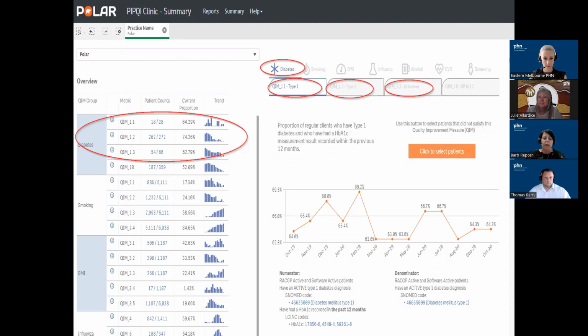And to get the names of the patients who haven't had their HbA1c recorded in the previous 12 months, you will need to select each of the QIM measures one by one. So select QIM 1.1, 1.2 or 1.3 separately. And then you select the orange box, which says click to select patients, and then go to the patient list up the top right-hand side. Once you have done that, the patient list will load and